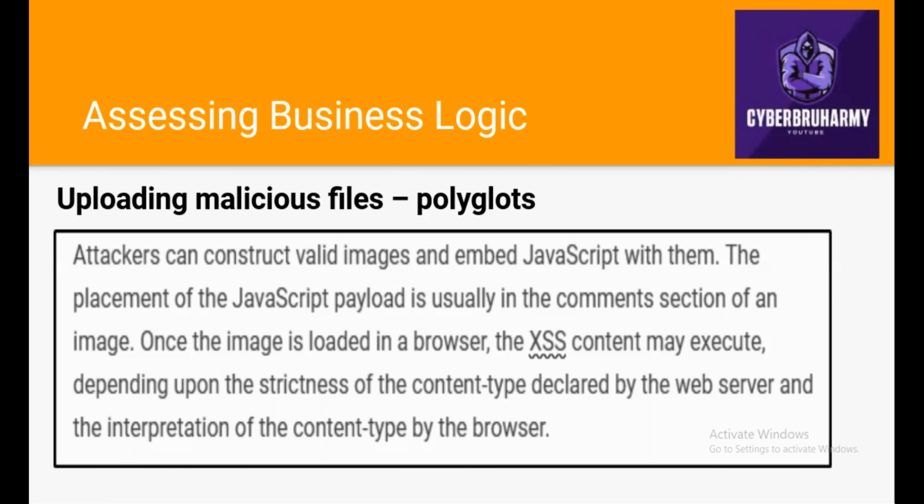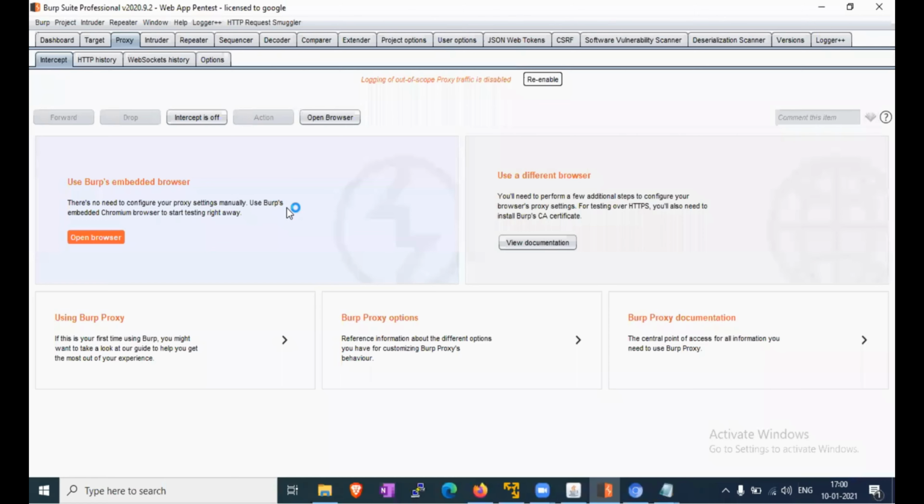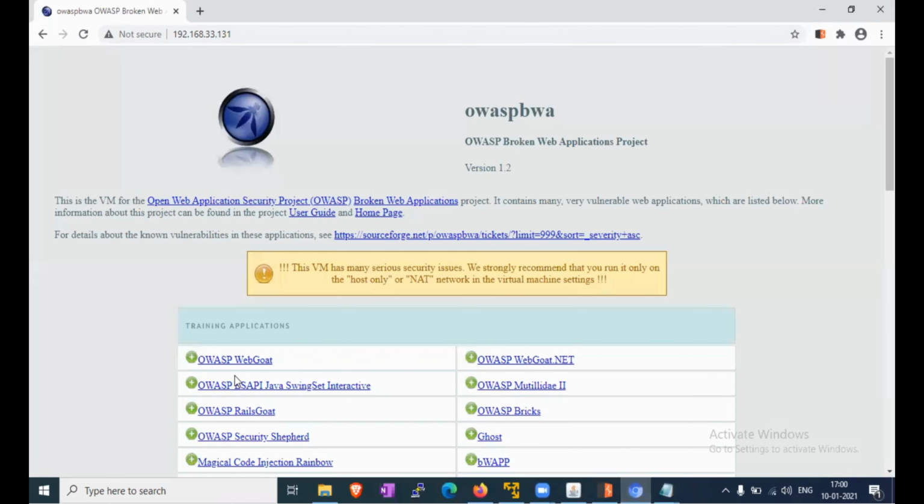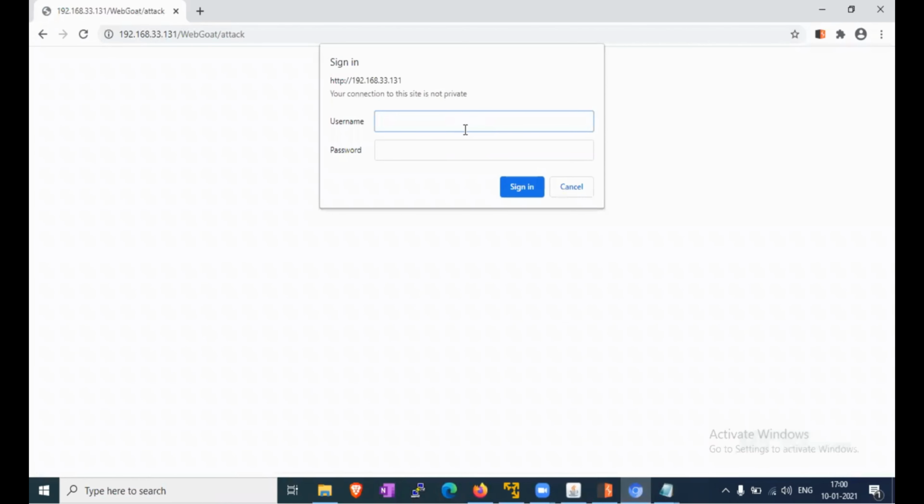So for this, we will do the lab first. Uploading malicious file polyglot. So first we are opening our lab. For this, we have to open the WebGoat. Enter username, password, guest, guest.